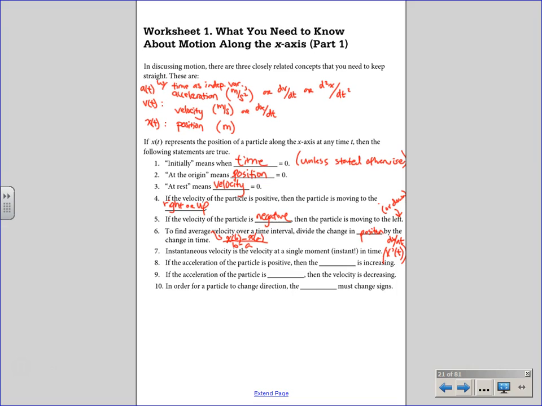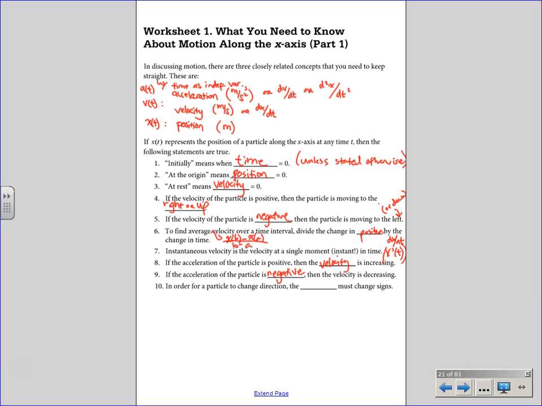If the acceleration is positive, increase. Did the increasing card help? A quantity is increasing when its derivative is positive, and whose derivative is acceleration? Just go back one. Velocity. Nice. If the acceleration is? I know, some of you just saw number 9 and were like, hey, I think it matches.